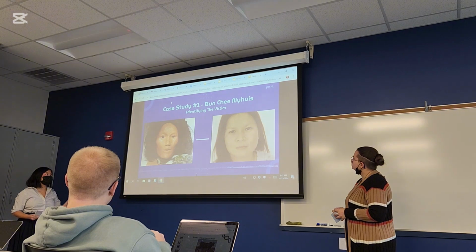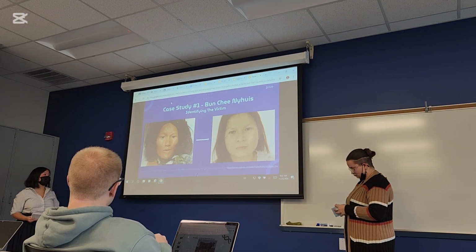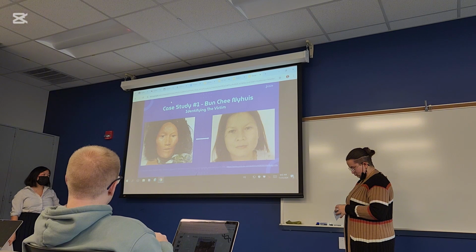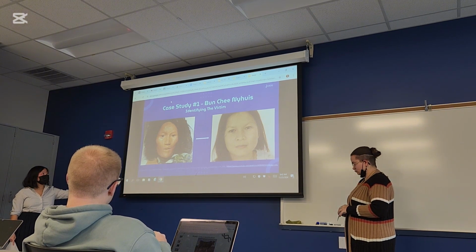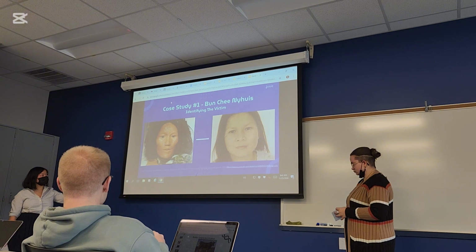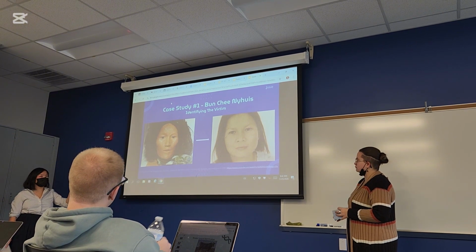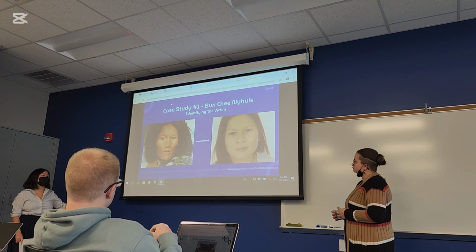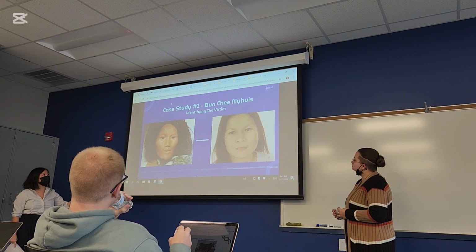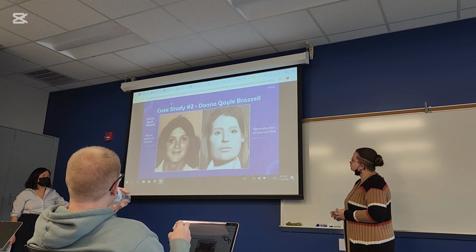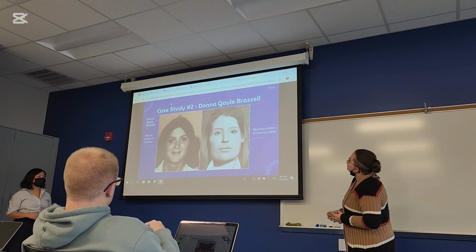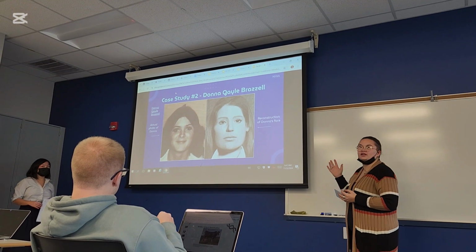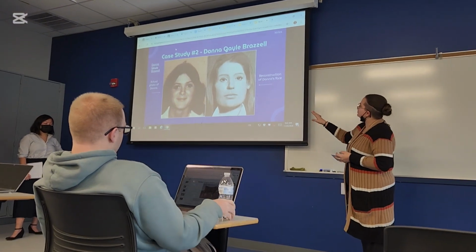And then they released the reconstruction of the face to the public, where they were able to find someone who recognized the comparison of the face to her old friend from Thailand, Bunchy Nyhouse. And they were able to do this because of the facial reconstruction. Even though it's not an exact match, it was close enough because of the reconstruction. So this is a case study I couldn't really find a whole lot about, but this woman's skeletal